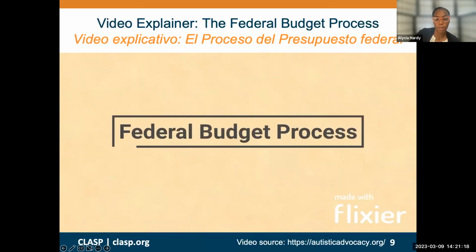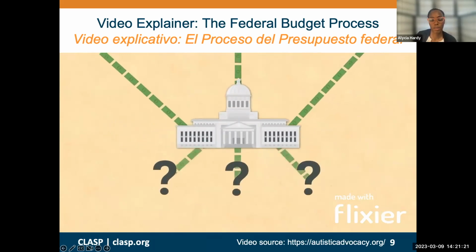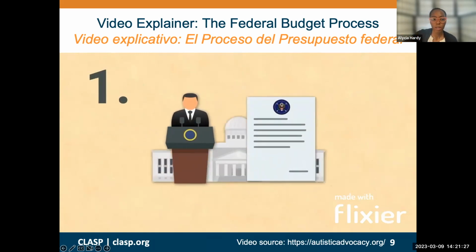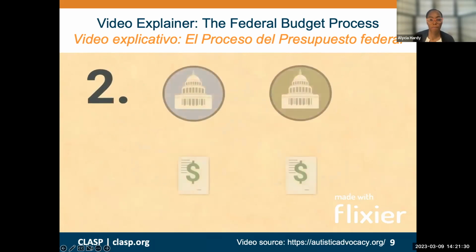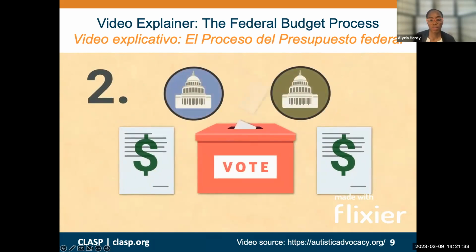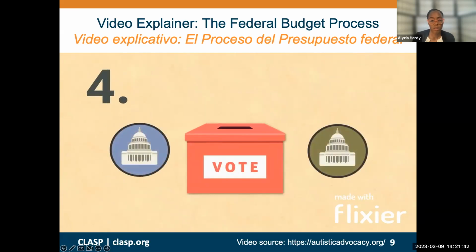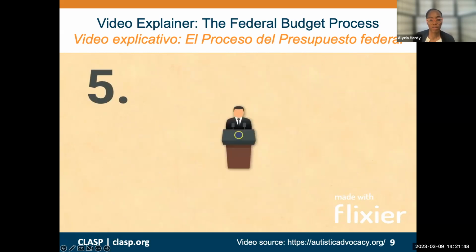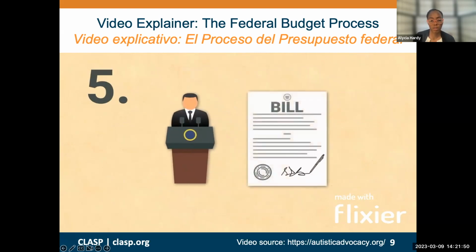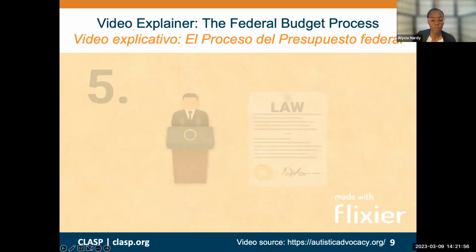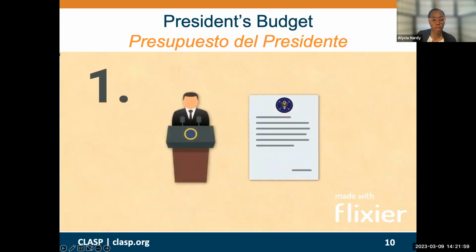The federal budget process is the way the federal government decides how to spend money. There are 5 main steps. 1. The president sends a budget request to Congress. 2. Congress writes and votes on budget resolutions. 3. House and Senate appropriations subcommittees mark up bills. 4. The House and Senate vote on appropriations bills and turn them into one big bill. And 5, the president signs all of the different appropriations bills and the budget becomes law. One, the president's budget request is what the